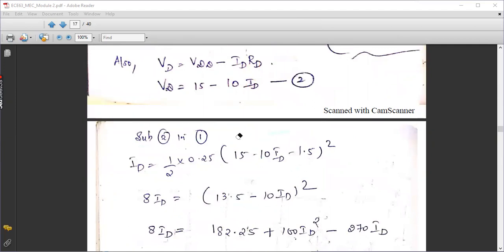Expand (a minus b) whole square, make it a quadratic equation by using the calculator. Take the equation mode, ax square plus bx plus c, and solve for ID and tell me the answers. It is of degree 2. Quadratic equation means it is a second degree equation, so you will have 2 answers for ID. All of you put your answers in the chat box.